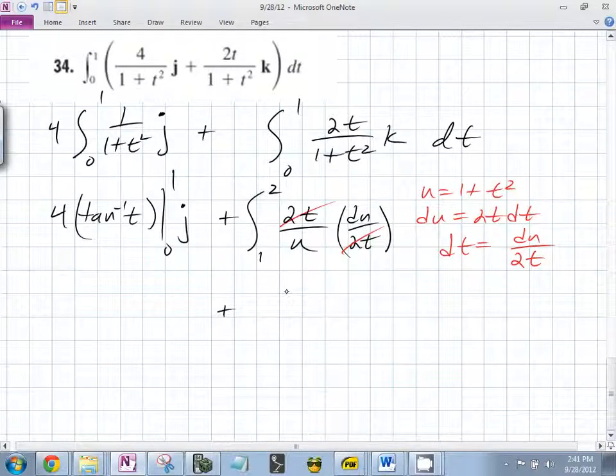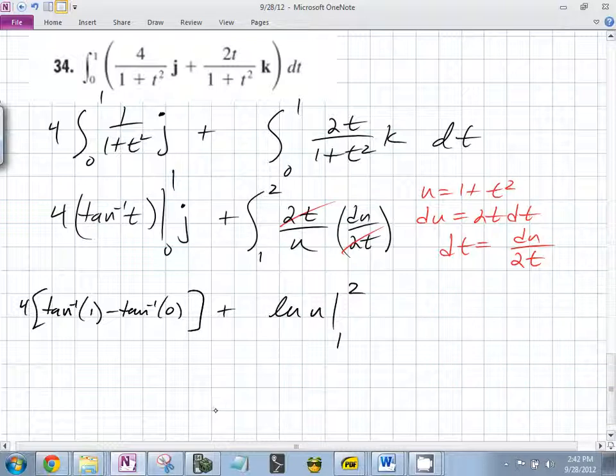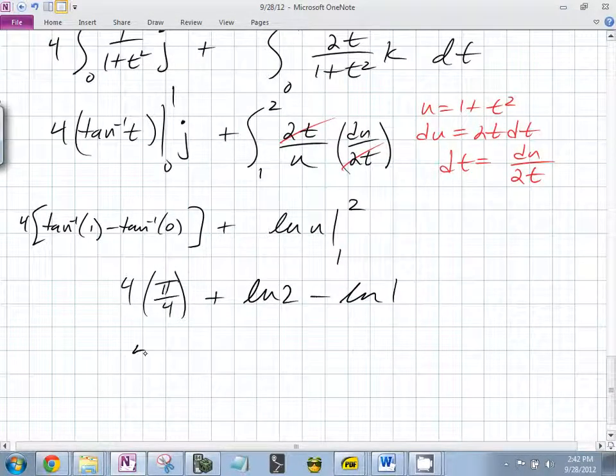What's the integral of 1 over u? ln u from 1 to 2. So this is 4 times tan inverse of 1 minus tan inverse of 0. What's tan of 0? 0, yeah. So you end up with 4. Does tan inverse of 1 have a nice value? Oh, it's pi over 4, right? Cool. Love it when that happens. Pi over 4 plus ln 2 minus ln, what is ln 1? 0. So you end up with pi plus,